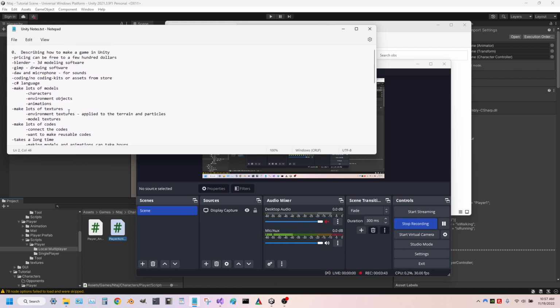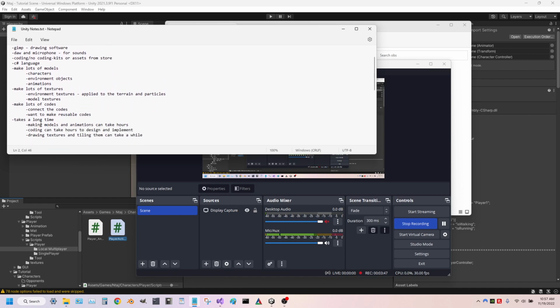And how to make a game in Unity. This isn't the whole of how you make a game in Unity, but it does take a long time to make a game in Unity. When making your models and animations, it can take hours, and coding can take hours to design and implement too, because you can't just code